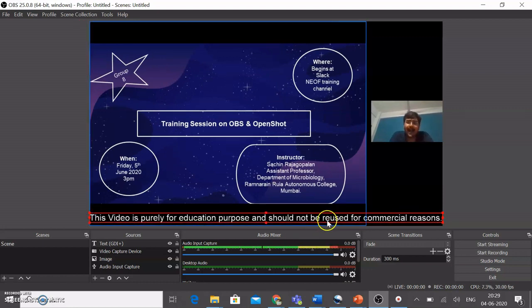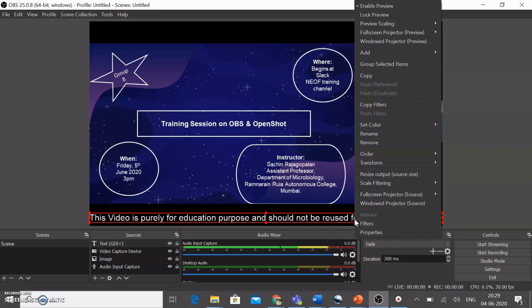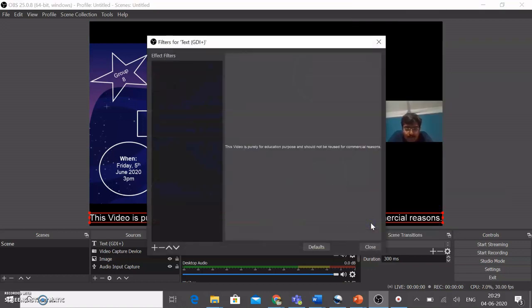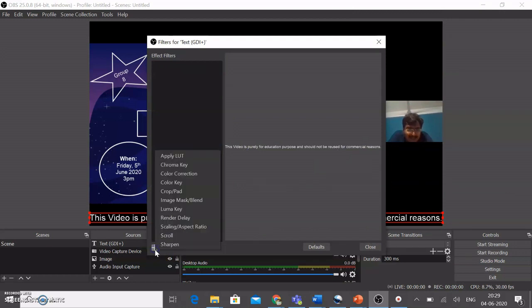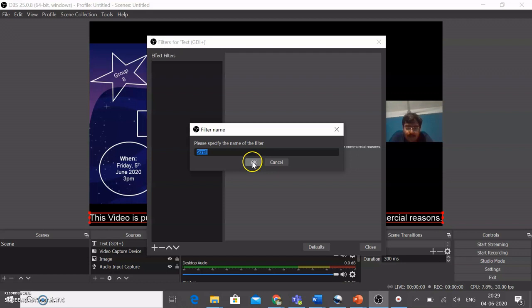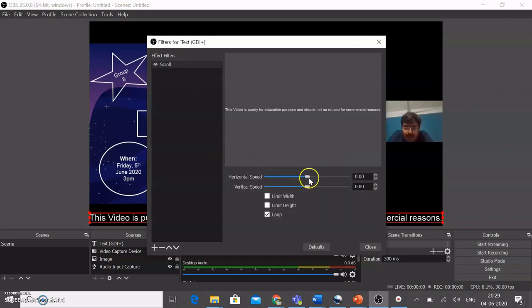Now let us say I just don't want it to be static, but I also want it to move. So right click on the font. You could go to filters. You could go to plus sign in filters and click on scroll. Click on OK. Now you could decide whether you want it to move horizontally or vertically and at what speed.